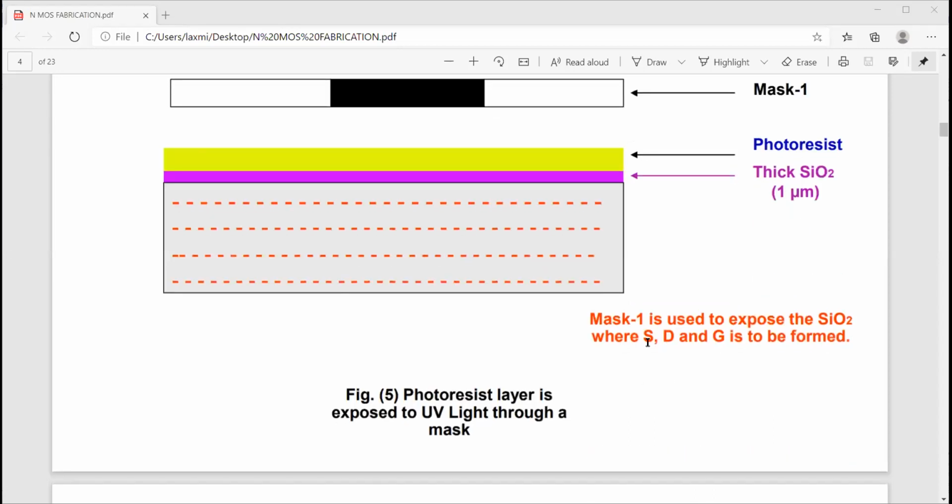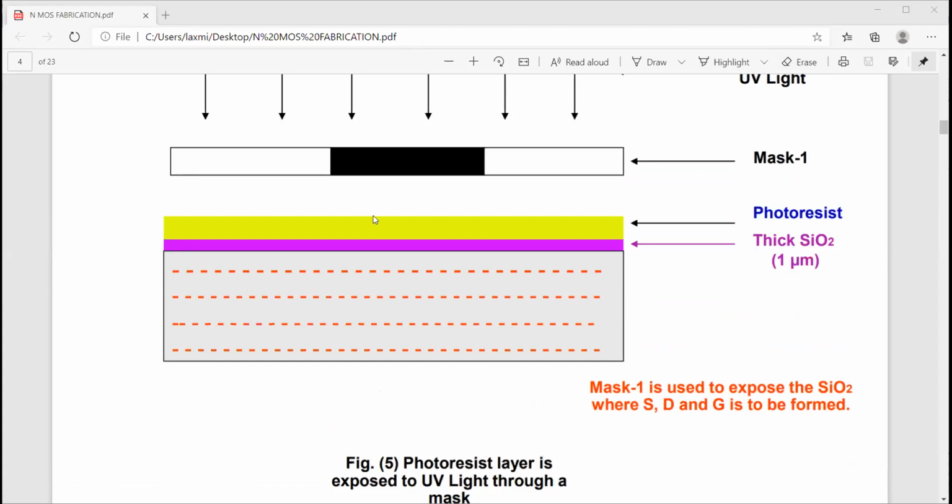So we are using a mask. What is the use of a mask? The virus or whatever it may be cannot move into our body. Because of that we are masking. So here we can say masking is to protect the layer. We are using a mask to protect the layer. Mask 1 is used to expose the silicon dioxide layer where S, D and G are to be formed. In the source, gate and drain, we need to form it, so we are using a mask and